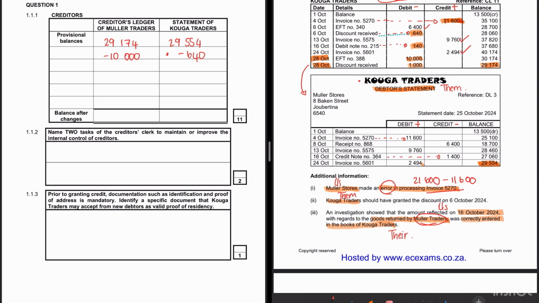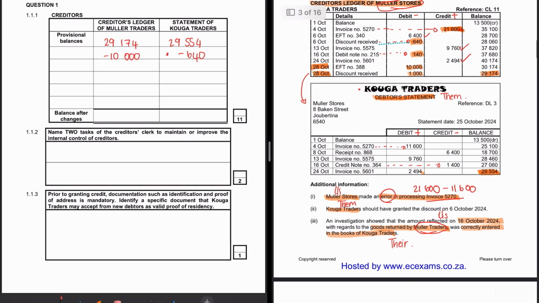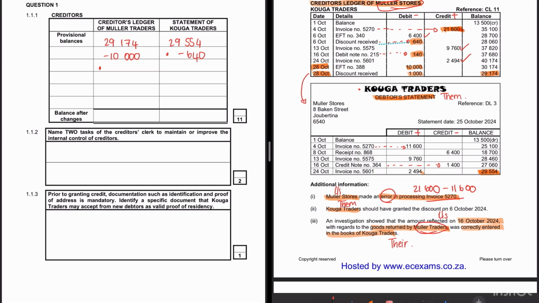1.4 was correct. Our statement was correct. So we want to then correct it in our creditors ledger. Creditors ledger, we've got 1.4. Goods returned, we want to increase our goods returned. So further decrease 1,400 minus 140 will get us a total of 1,260. So we're further decreasing this 140 by 1,260 to bring it to